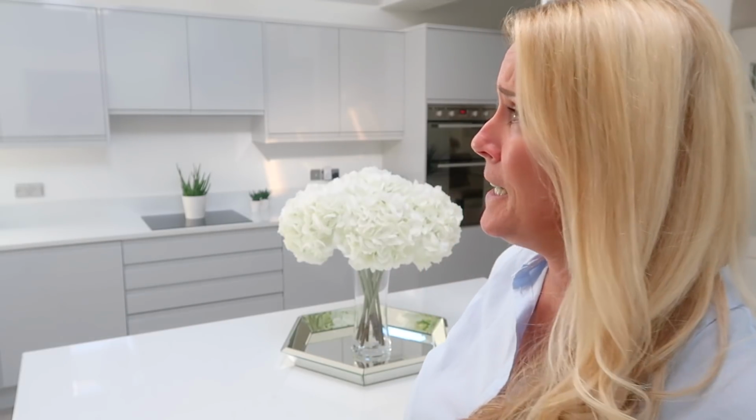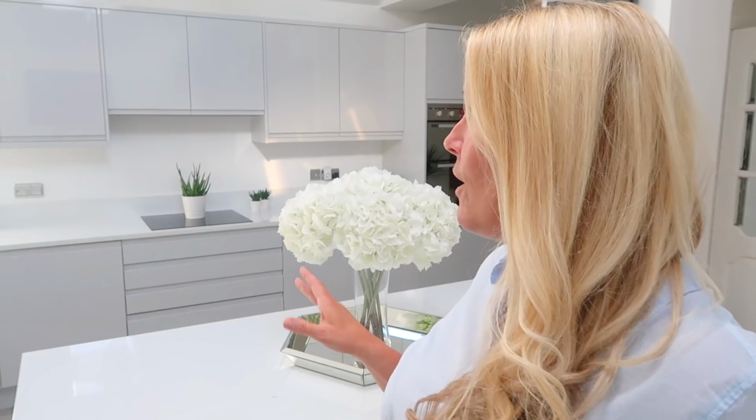because the handleless, they do get fingerprints all on them, and it's a lot of cleaning, but you know, it's not a lot of cleaning really. It's a spray with Mr. Muscle's spray and a wipe with a bit of kitchen roll, and they're back to shiny. So my kitchen cupboards are dove grey, and they are high gloss, handleless,